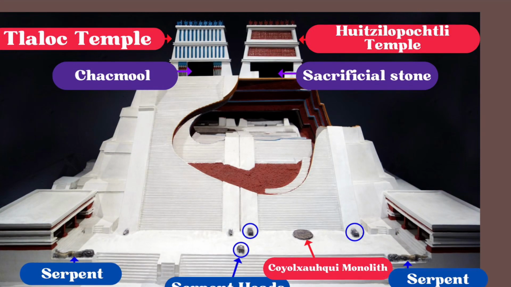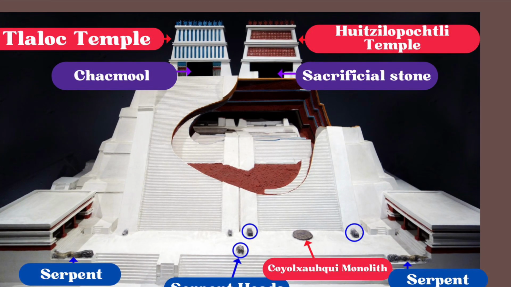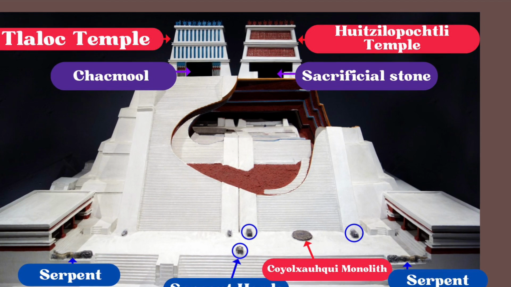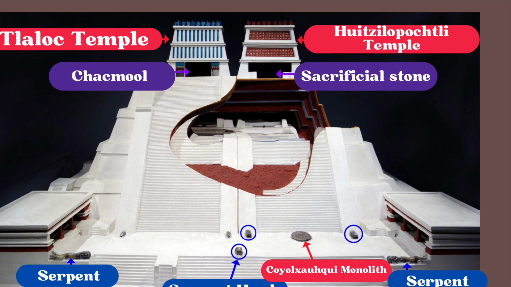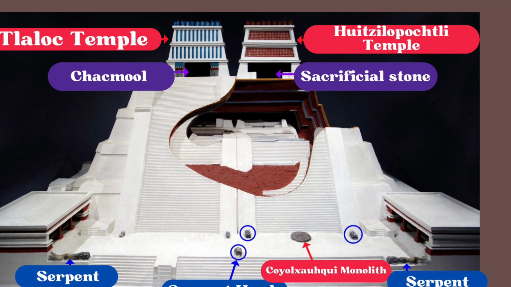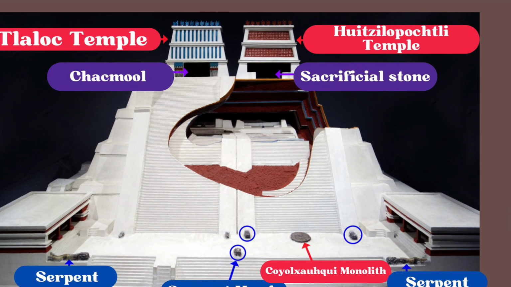So there are two sides of the Templo Mayor. There's the Tlaloc Temple and the Huitzilopochtli Temple, where the offerings for Tlaloc were found on the Tlaloc Temple, and in the Huitzilopochtli Temple at the bottom, you can see I marked where the monolith was found. But the monolith is very important because there was a festival called Panquetzaliztli,